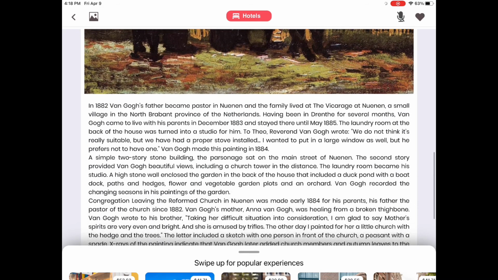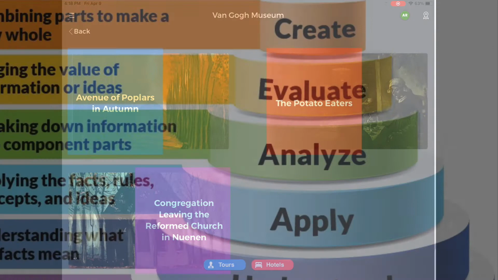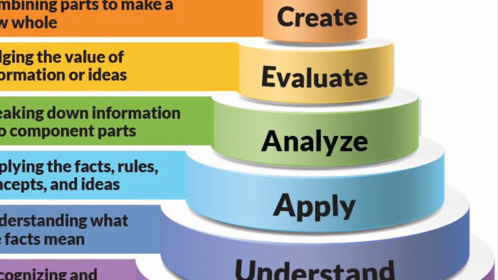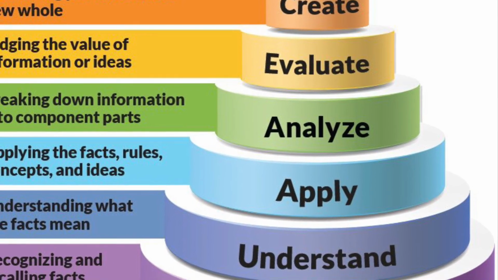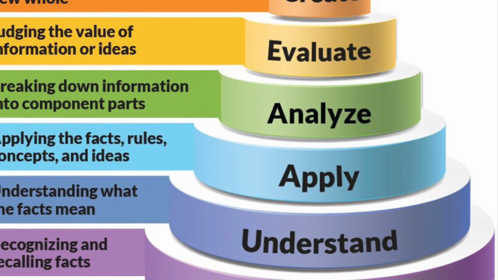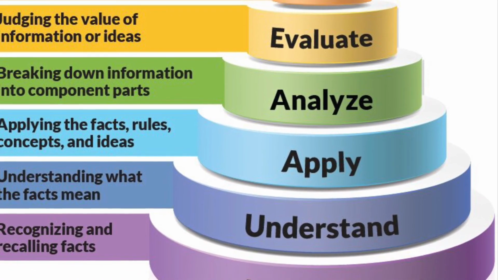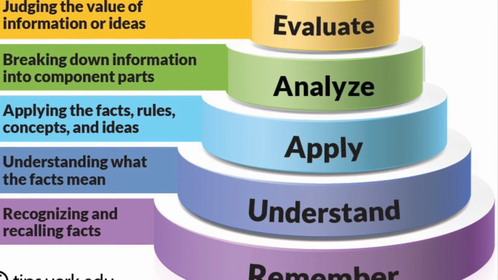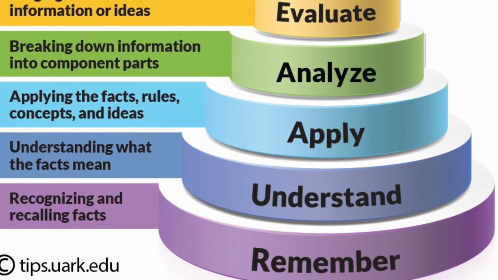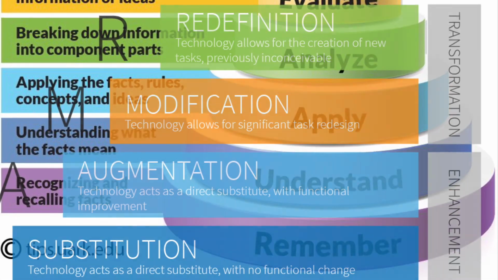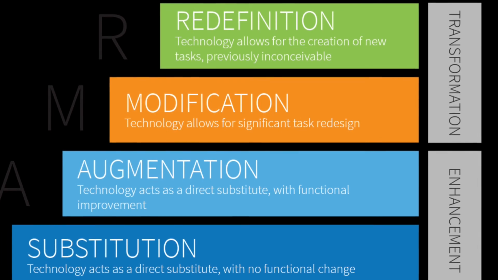Students at the elementary level would likely only really achieve the understand level of Bloom's taxonomy, as they could handle sorting artworks based on color schemes or just by what they like and don't like and describe the differences between artworks. As far as the SAMR model is concerned, I think the use of this app would again only really